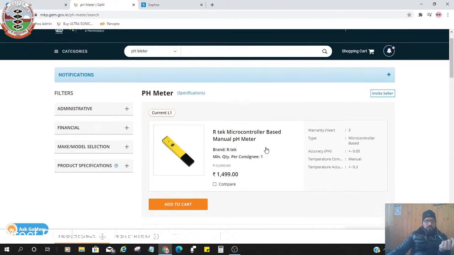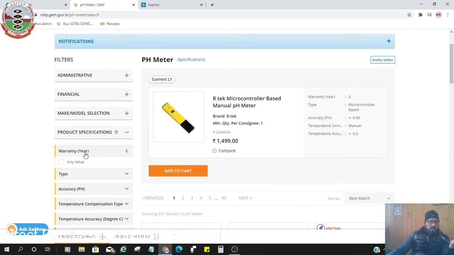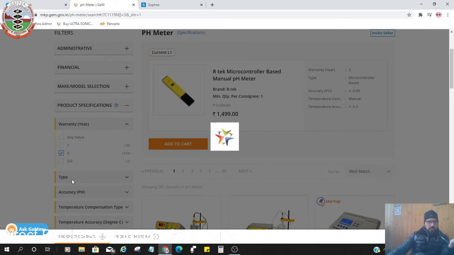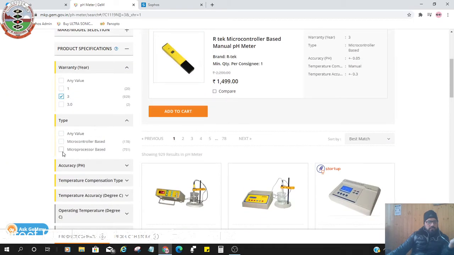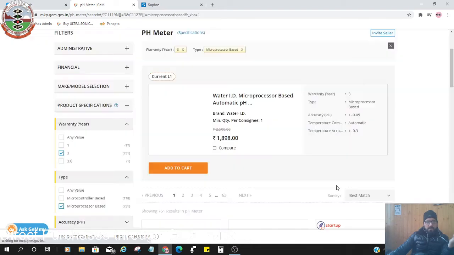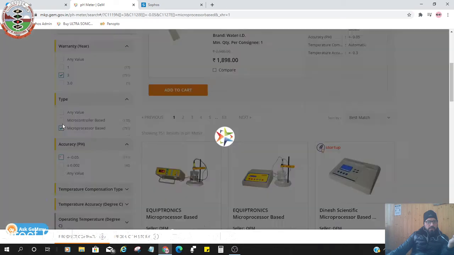So first, we will give specifications as per our requirement. This is warranty. Let us suppose we want 3 years of warranty. Type is microprocessor based. Let us suppose accuracy should be plus minus 0.05.